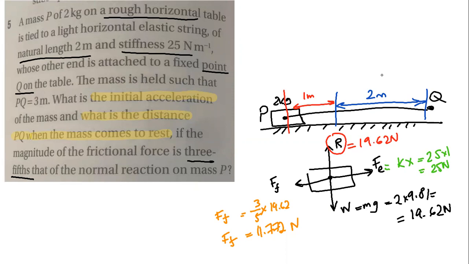So just to summarize here, I have the frictional force equal to 11.772 newtons, and the elastic force to be 25 newtons. All right, great. Now,